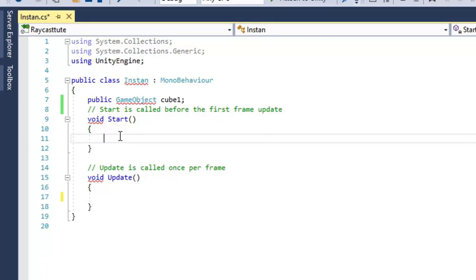As I already told you, there are various games where we don't create the complete virtual environment manually, like in a racing game or in a battle arena. There are various static game objects which may be created in runtime.